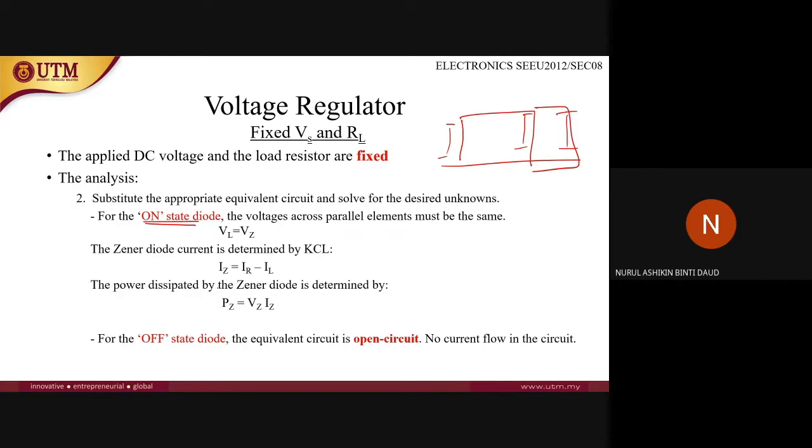Next, the power dissipation. The power dissipated by the Zener diode can be calculated after you get the value of the currents. You can calculate the power value by using this formula: VZ times IZ, so you will get this power. As I mentioned just now, if the diode is off, there will be no further calculation because we assume that the circuit is open circuit